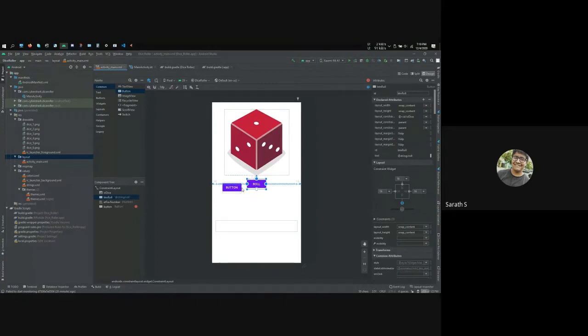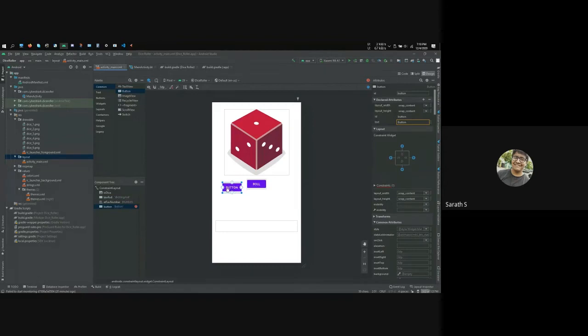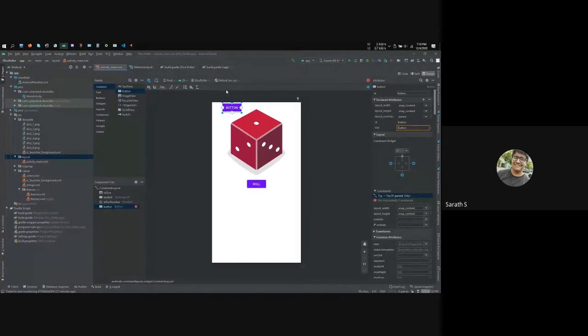So in constraint layout, how you do this is I just drag and drop this button here. When you click on the button, you see there are four circles around it. What these are called are constraints. A constraint is basically like a spring in real life. If I were to take a spring on top of this button and then I put it to the top of the view, it just automatically goes up. What would a spring do if you left it? It just contracts, right? That's a basic concept of constraints.